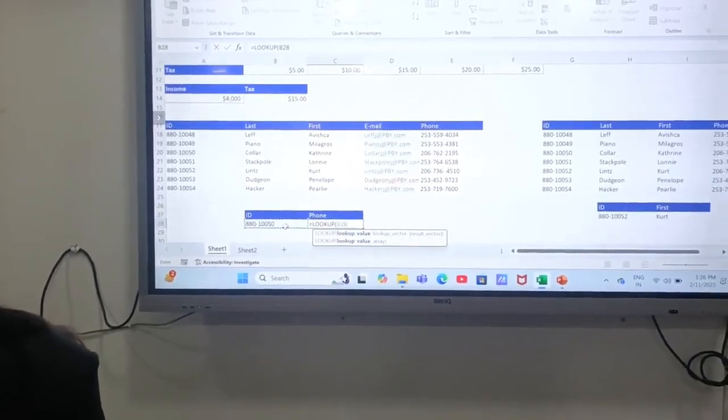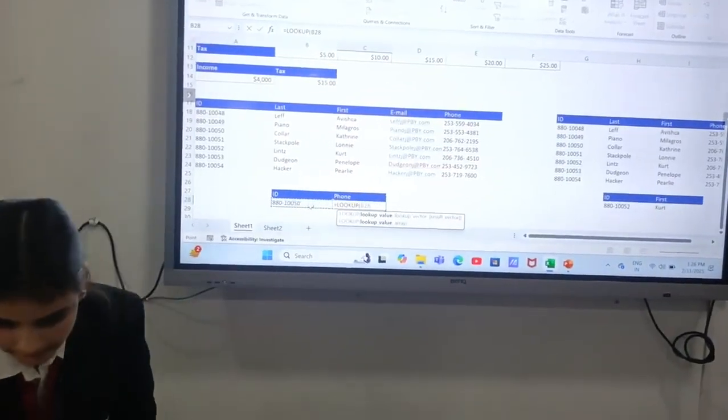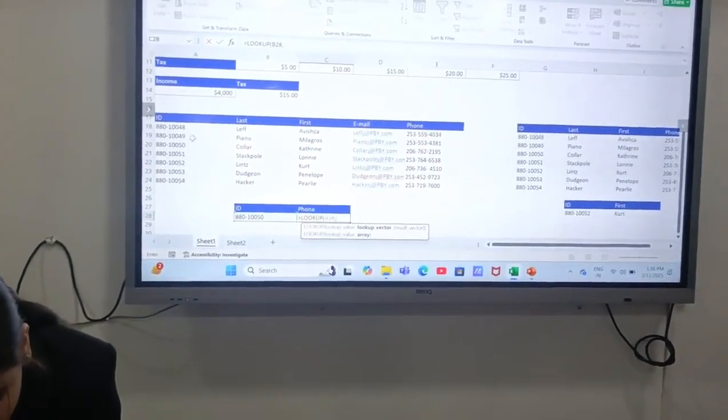This is our lookup value, and this is our lookup table array, comma, and then table array.